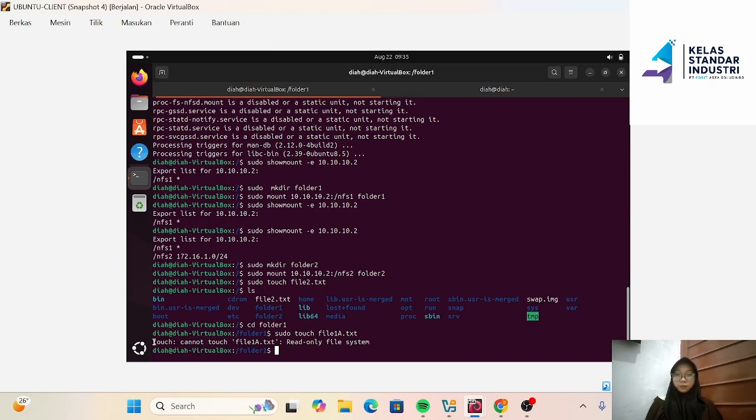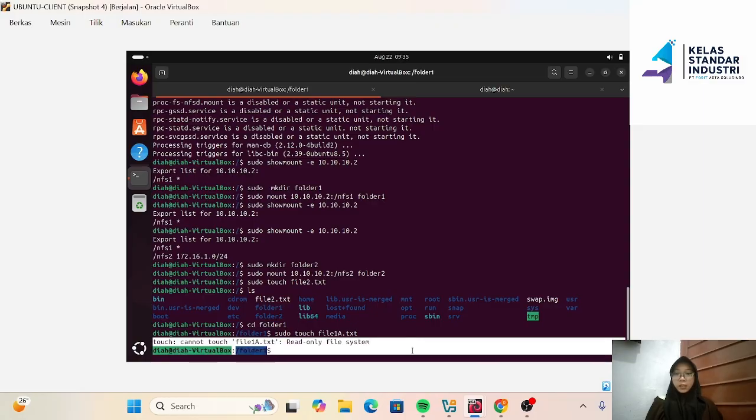Look, a system warning will appear stating that the folder is a read-only file system. That demonstrates the difference between the two configurations.